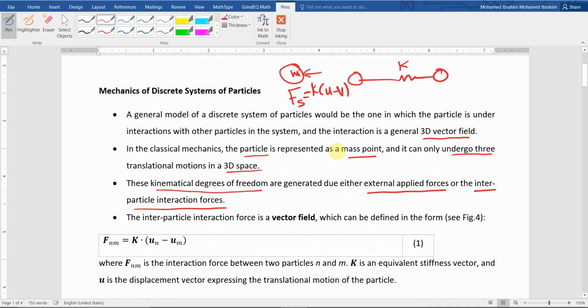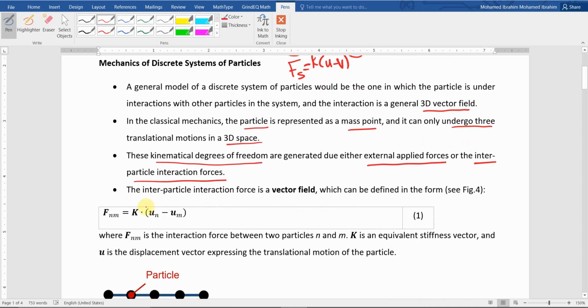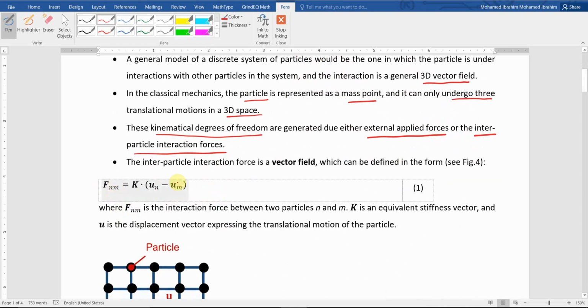It means that it can be decomposed into 3 components as a vector. So the force field, or the interparticle interaction force, should be a vector field, which can be defined in this form. It is just the spring force, which should be K times the displacement. But it is not just the displacement, because